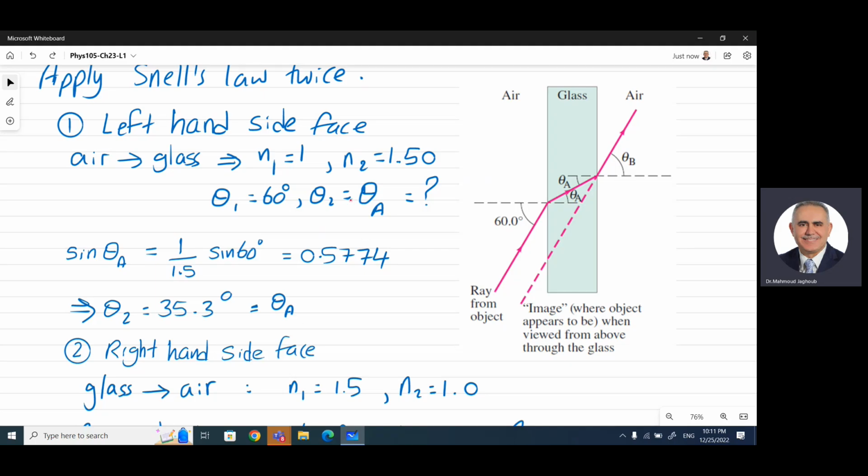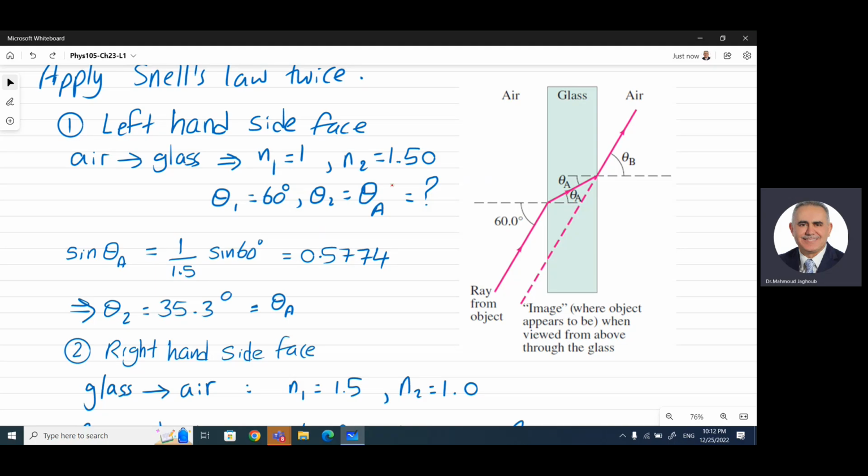If you use Snell's law, we want to apply it at the left-hand side surface, and we will apply it again at the right-hand side surface. So let's stick with the first, the left-hand side surface. The light is moving from air into glass. So we say that N1 for air equals 1, and N2 for glass equals 1.5. So theta 1, as is given, is equal to 60 degrees, and theta 2, which is the angle of refraction,